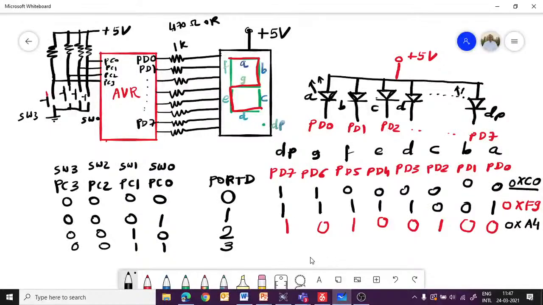What will be the code corresponding to A? Let us write it here. In A, actually the segment A will be on. Let me erase this, so I will draw it again so that it will be very clear to you. Okay, let me make it complete.